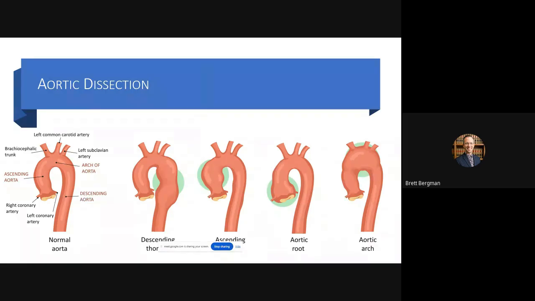And then anytime that you have a patient that is having pain above the diaphragm and below the diaphragm, that's another very unique clinical picture of someone that's having an aortic dissection. These are very serious. 40% of patients that have an aortic dissection have immediate death. And then it increases about 1 to 2% for every hour that it's unrecognized. So these are very emergent conditions.